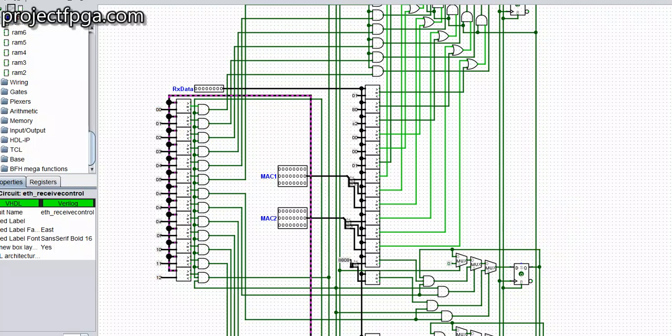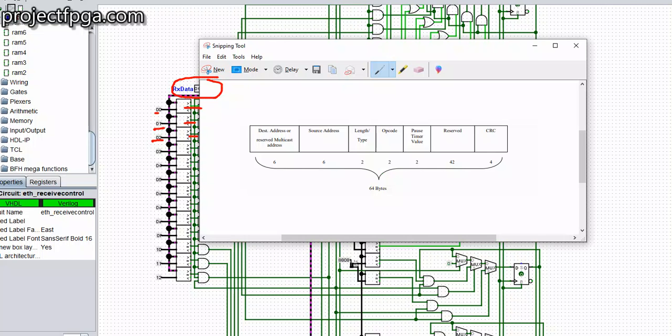So here is another comparator. What it does here is that it checks: is our byte count equal to 0? If it's equal to 0, this AND gate should turn on. If it's equal to 1, this AND gate turns on. If it's equal to 2, this AND gate turns on. It's trying to know what byte we are on, what byte we are counting, so that it could match it with the receive data. Since this destination address is 6 bytes,